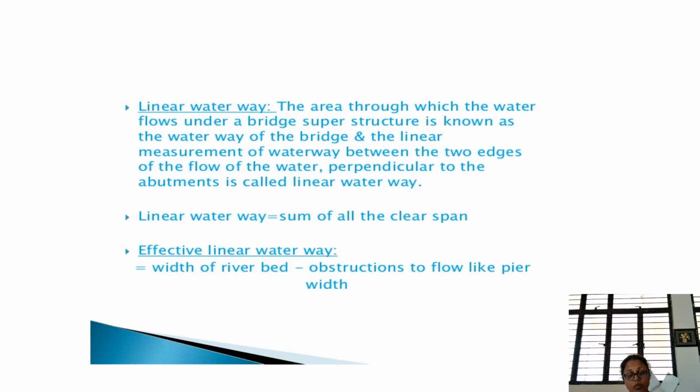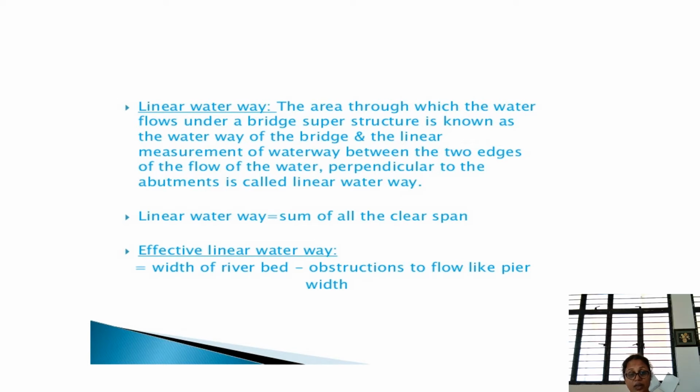And sometimes we have quasi-alluvial soils, wherein, when the river is flowing in the quasi-alluvial soil, what happens is the banks will not get eroded, but the bed of the river gets eroded. So this is the nature of the quasi-alluvial rivers. Sometimes you will be having the rivers flowing in only alluvial soils. So that is called only alluvial, which means that the banks as well as the beds are prone to